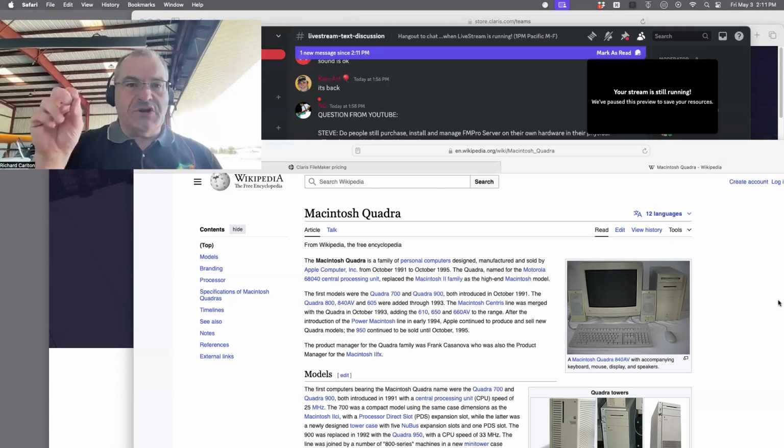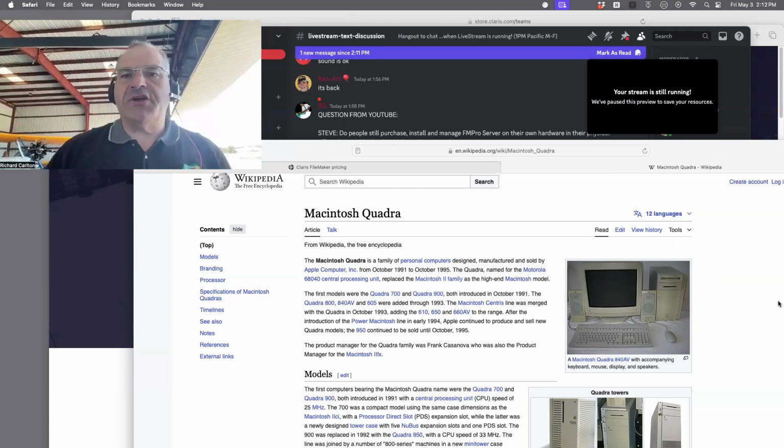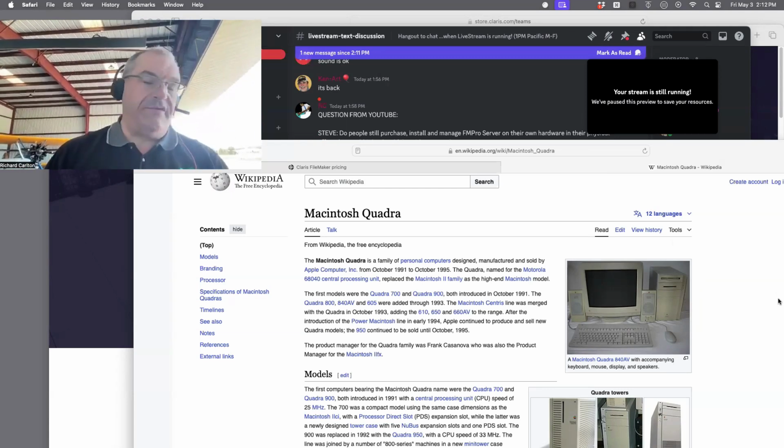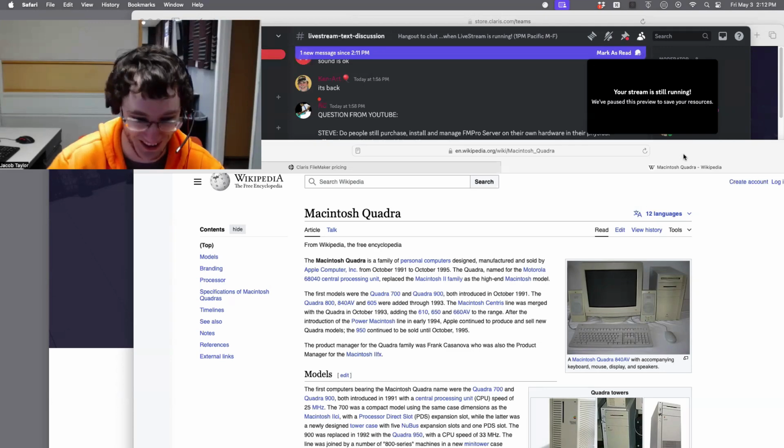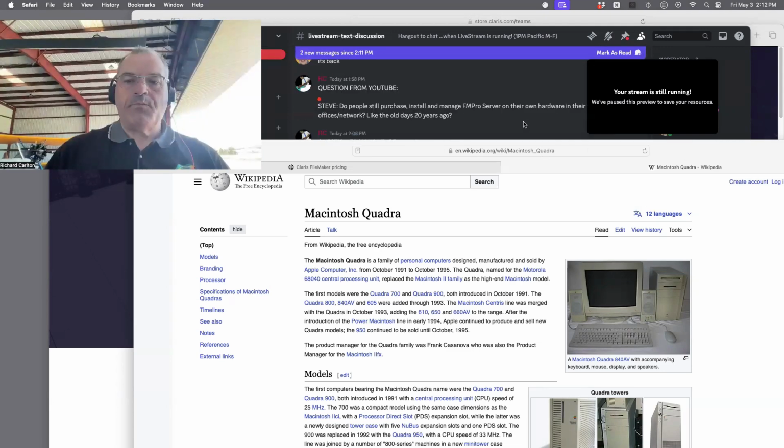These computers are literally collector's items. I was looking for a variation of the Quadra that I couldn't find on eBay. I was trying to get one to add to my collection. Anyway. Oh, if you want to buy old computer hardware, I have a friend for you. Okay. Sorry, that's not, anyway.